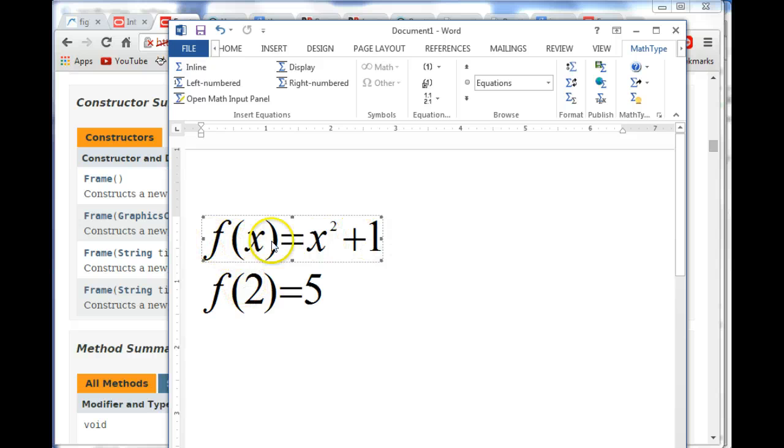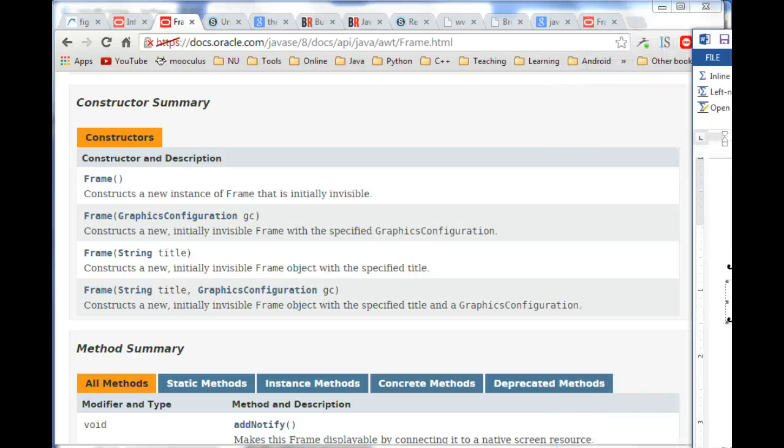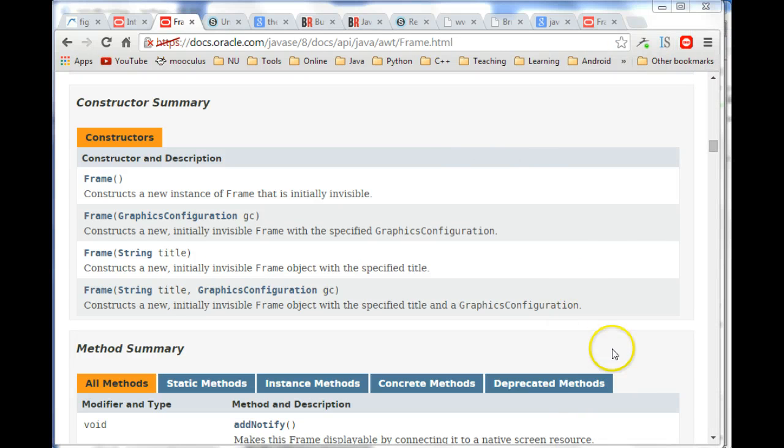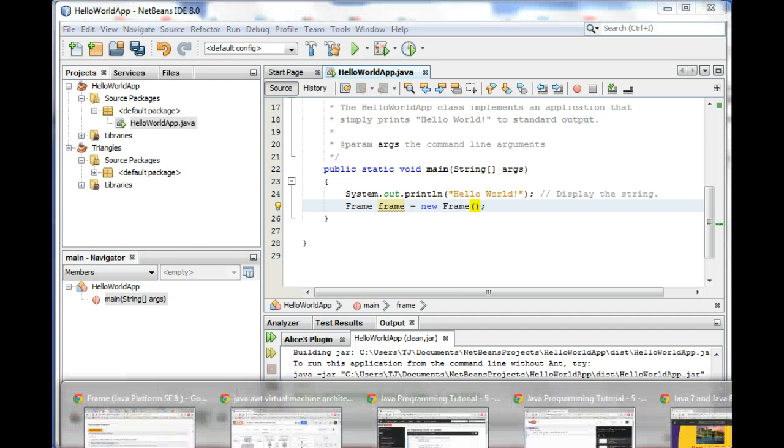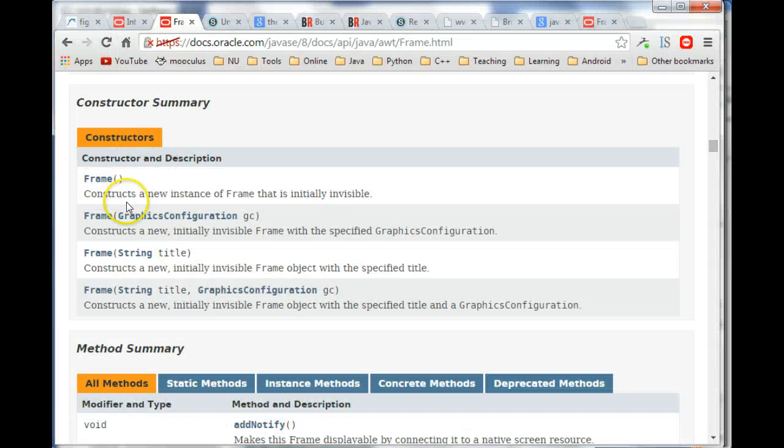So Frame is defined someplace else, but we're going to actually use Frame. The way that we use a constructor is by saying equals new and then the name of the constructor. And notice the name of the constructor is always the name of the class. So all the constructors have exactly the same name as the class. It's just that some of them can accept different values. So we could actually have